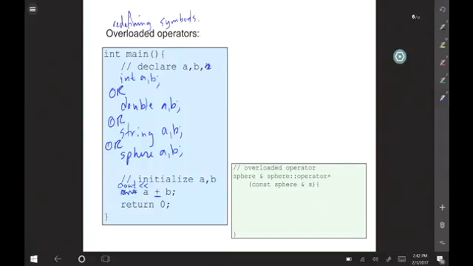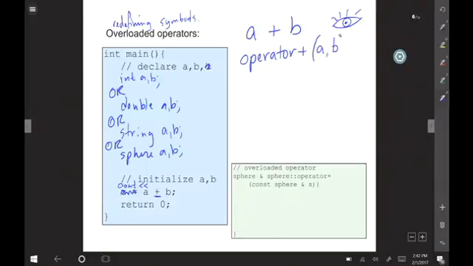Now, before I actually discuss the design process of writing the code, I want to say a little bit more about syntax. We are totally comfortable reading A plus B here. This is how we read code and math. But the computer does things slightly differently. It goes, oh look, I've got a couple values and I'm supposed to add them. That is, I'm going to pass those values to a function and do some computation on them. So A plus B, which is how we see it with our eyes and understand it with our brains, is understood as a function called operator plus with parameters A and B,